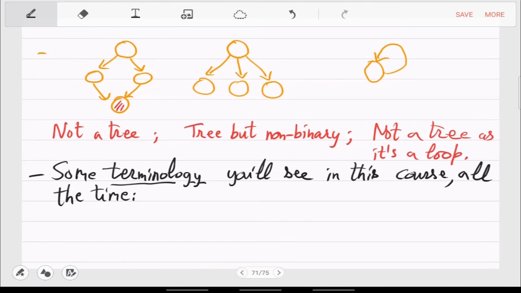Yeah, so without even explaining, we'll use all the time terms like parent, child, left child, right child. So this will need some explanation before. And subtree. And height of a tree.